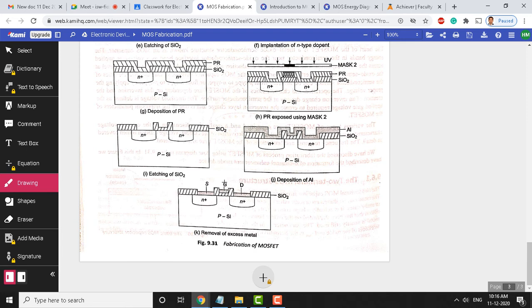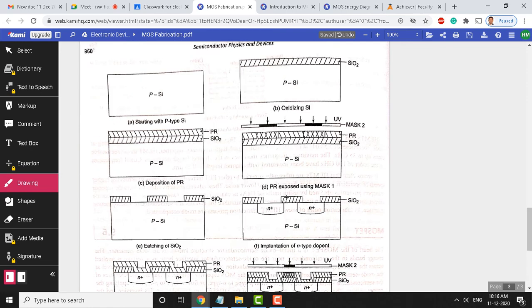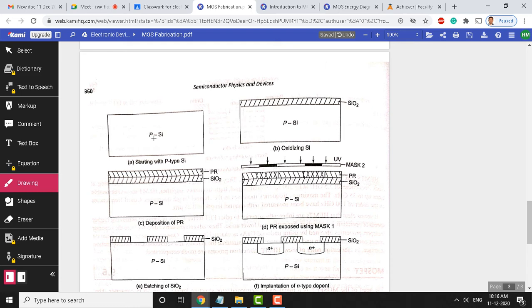So, this is the final device. Here we have gate, source, gate, and you can see there is a source here, gate, and drain, and finally the bulk terminal can be attached to the bottom of this. But look at this, prior to that there are several steps which we need to understand here. This explains the MOSFET fabrication.